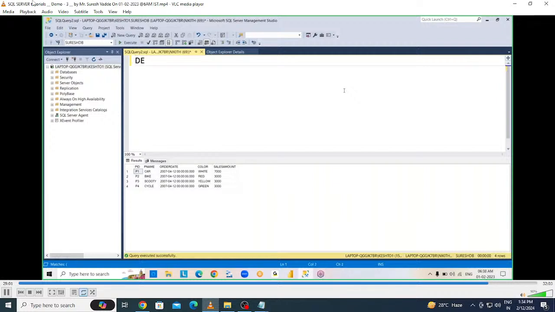So next command is delete. Used to delete the data from the table. See, we already worked with the truncate, right? Then what is truncate command? DDL commands we worked with the truncate, right? Truncate also is used to delete data from the table only. But the difference is